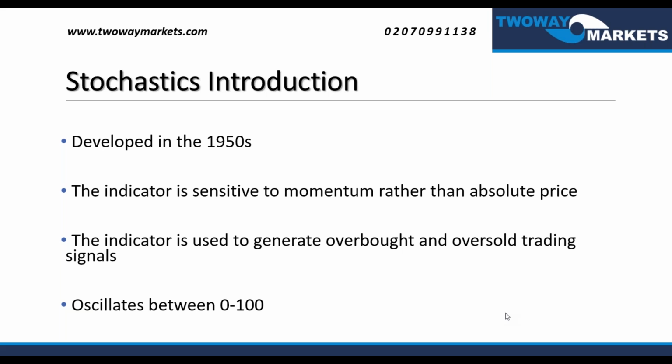stochastics was developed in the late 1950s by an individual called George Lane, and it presents the location of the closing price in relation to the high and low range. That could be over a period of, say, 14 candles, which is the typical default setting. Again, it's looking at where the closing price of a candle is in relation to the range of the last 14 candles. So I've put here the indicator is sensitive to momentum rather than absolute price, and is